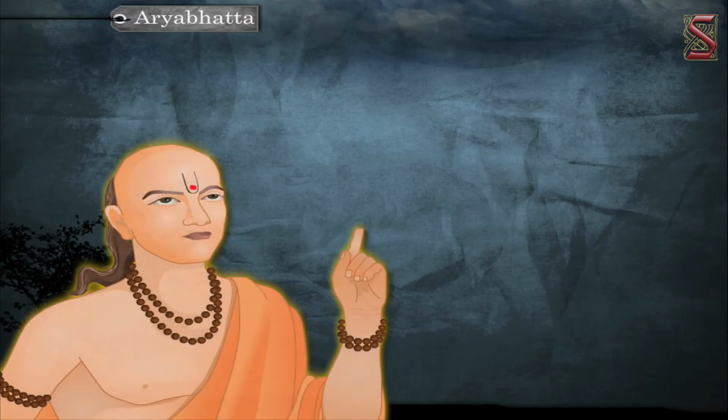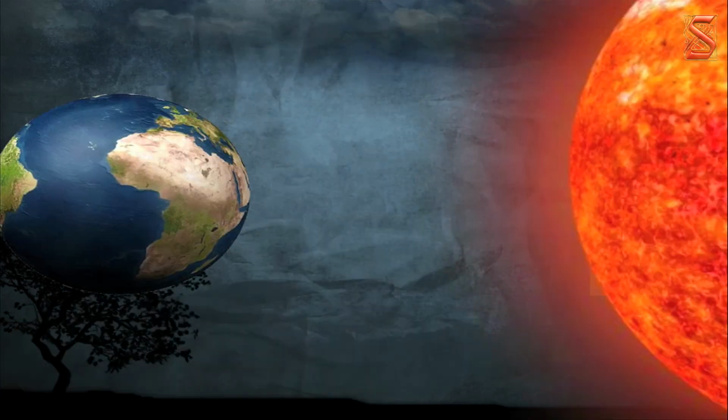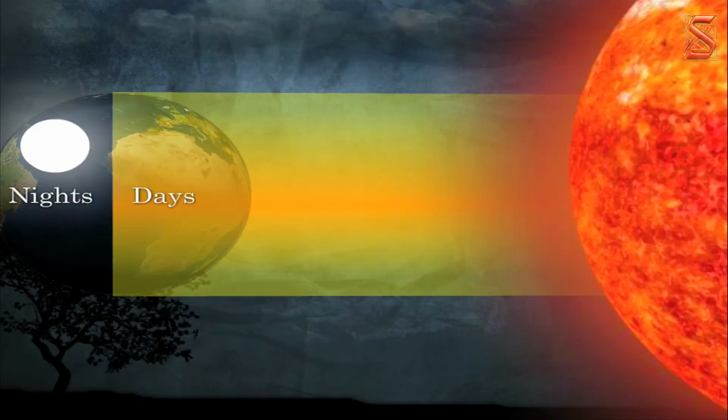As days passed by, the early people believed that the sun, moon, stars and planets contained secrets about the universe, and they felt that they should understand them by careful observation and calculation of their movements. Aryabhatta is one among them who wrote a book called Aryabhatyam. Aryabhatta in Aryabhatyam says that the rotation of earth causes day and night, and the sun did not go around the earth. Aryabhatta is called the father of astronomy.